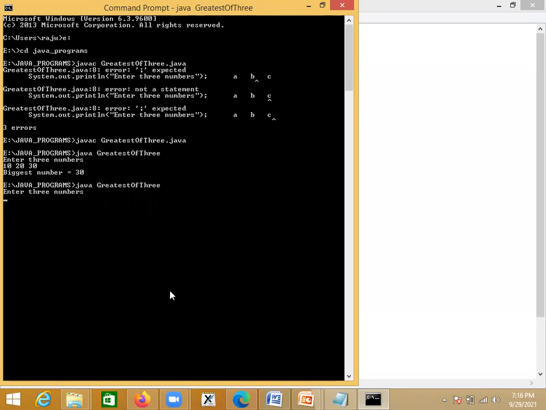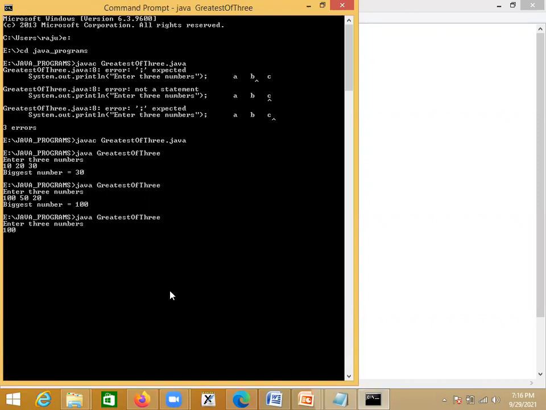Okay, so enter. Now say I enter 100. Okay, so 50. Then I say 20, I enter. Now biggest number is equal to 100. Okay, so in place of B, we enter biggest number and we'll test. All the test cases you should work out. Okay, all the possibilities you should check.